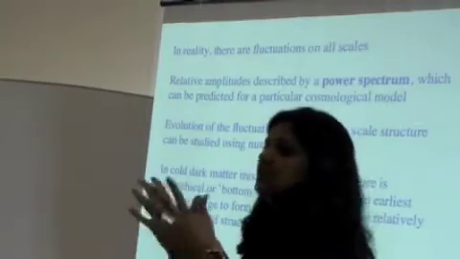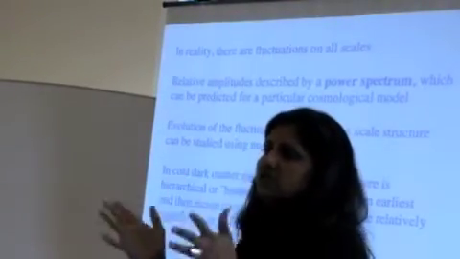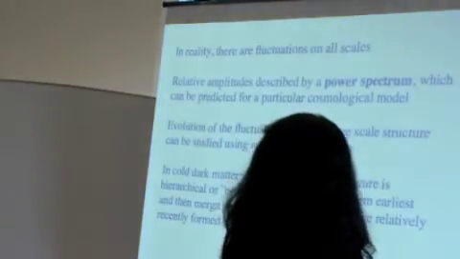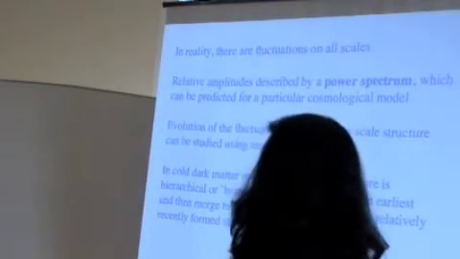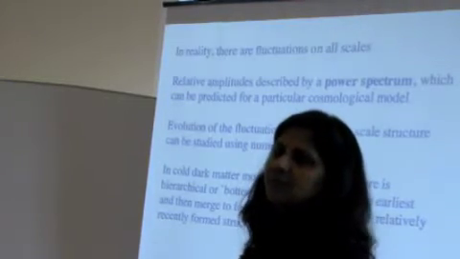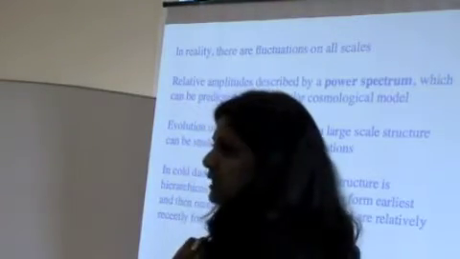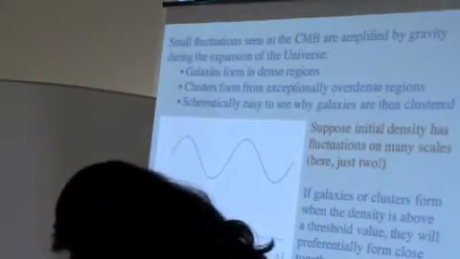which is the prediction of the model. The prediction of any cosmological structure formation model is its power spectrum. Okay? And the evolution of these fluctuations to form detailed large-scale structure, you need simulations to study them because it's a highly complex problem involving many, many bodies. So the current paradigm, the cold dark matter paradigm, the buildup of structure is hierarchical, and you have, okay, so